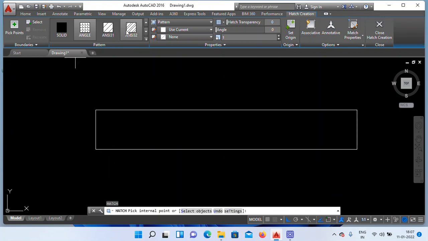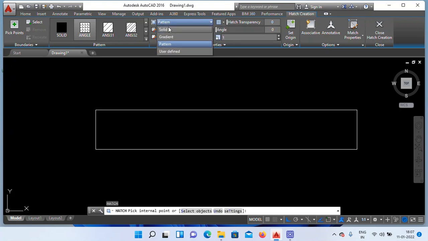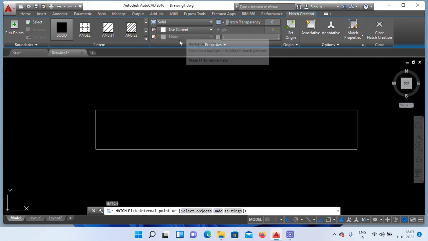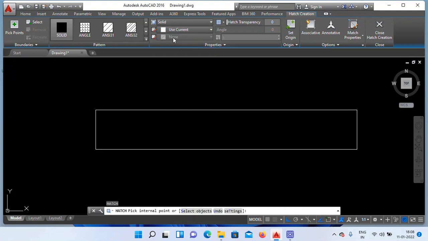Click on this, select any one design. See, any one design here. Pattern, click here, select any one design. Okay. Colors, if you want to apply color, right?